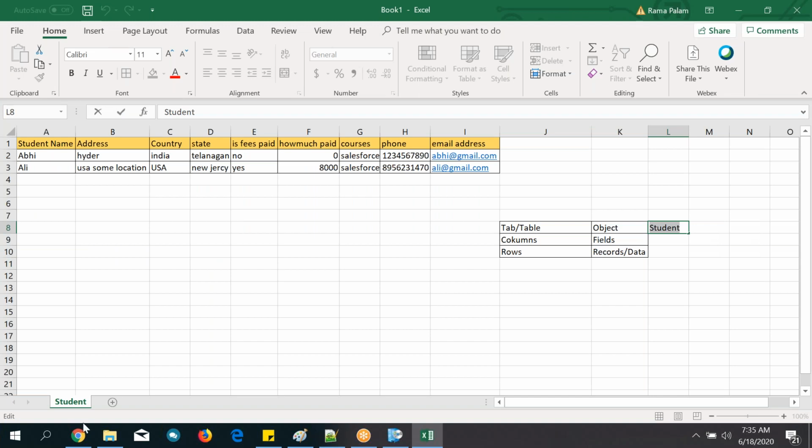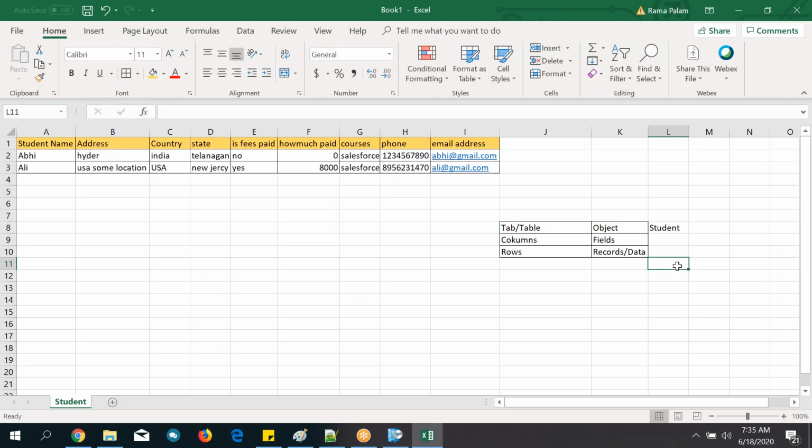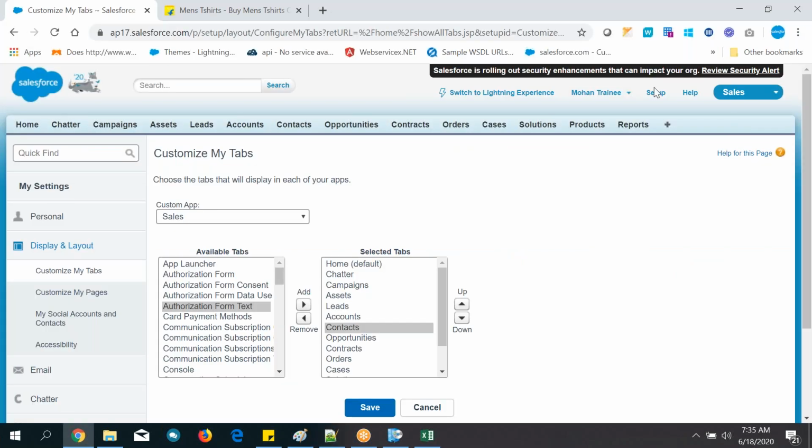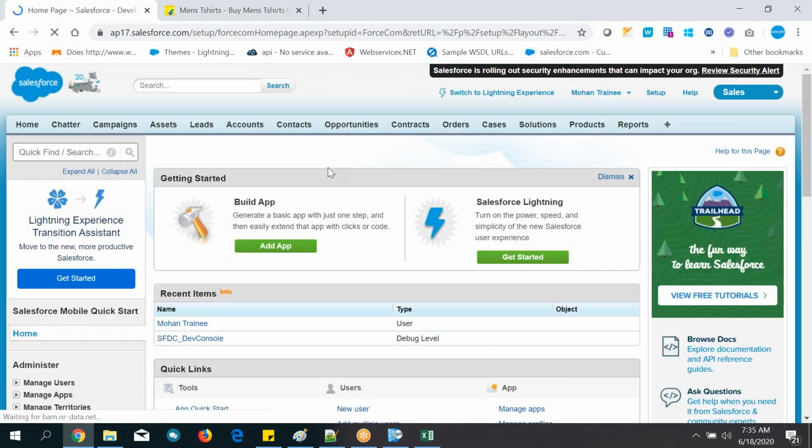So let me go to Salesforce now. And the navigation, I told you, right: if you want to configure anything, what is the navigation, guys? You need to click on Setup, right? I told you. So click on Setup. Any configuration, any development, anything you want to do, you need to click on Setup only.